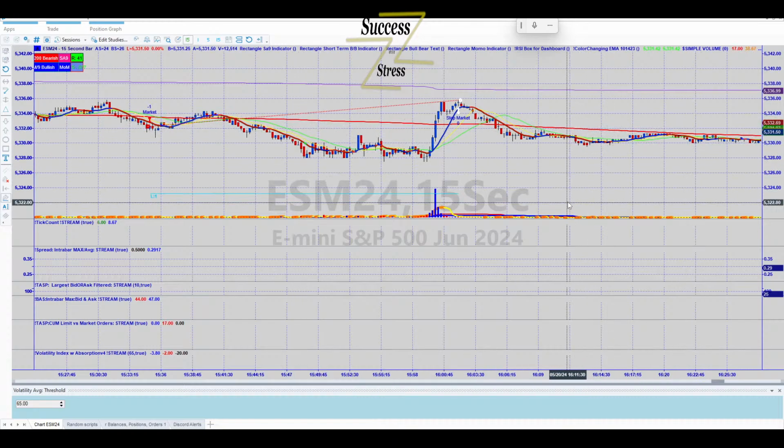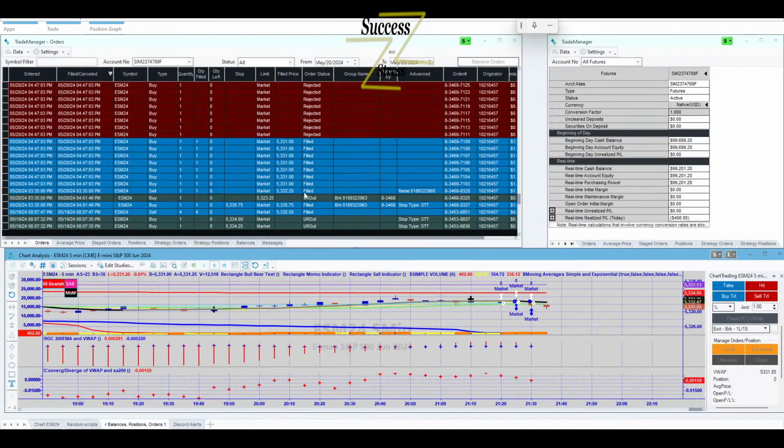No, is that right? Okay, so the 5323 was the one that we did not get filled. They got canceled. And then the 5335.75, this one was filled. I mean, to the tick though. You see that? That's crazy. This order was put in at 335 and the amount was 5335.75. That was our stop loss.